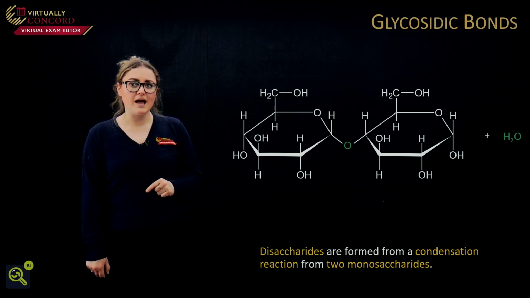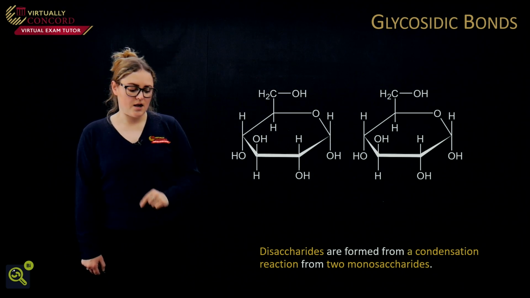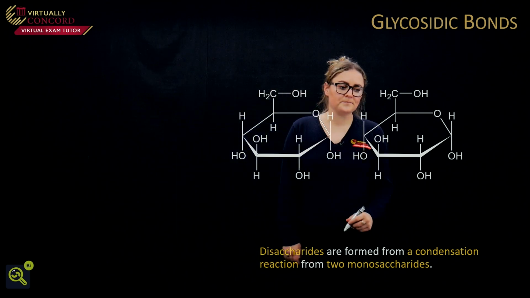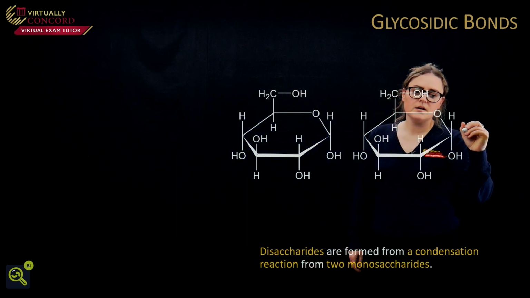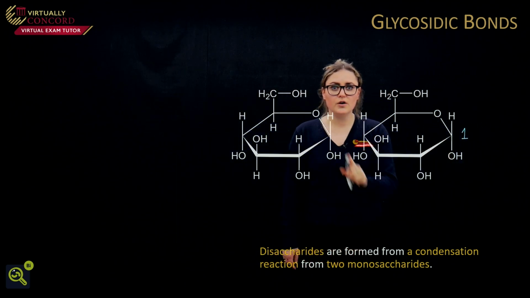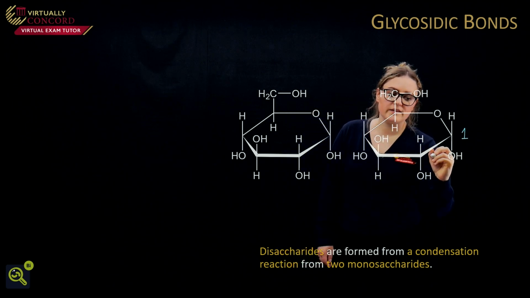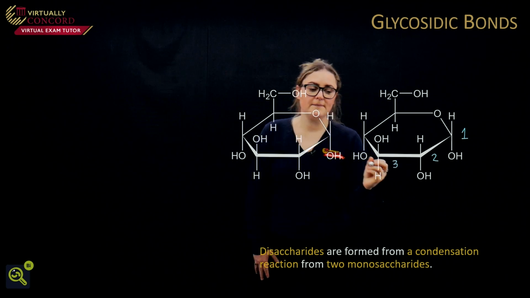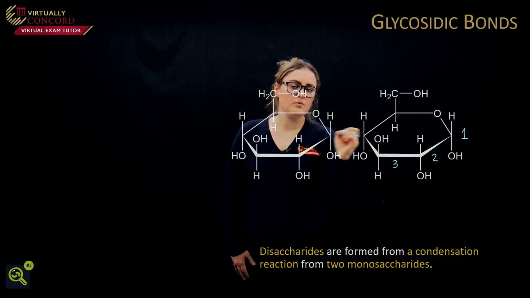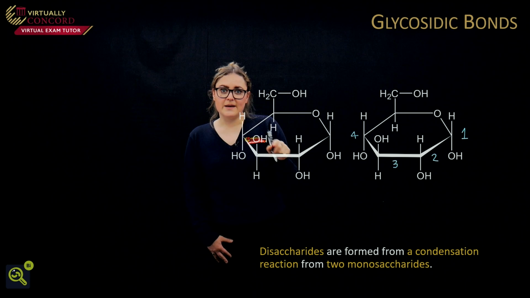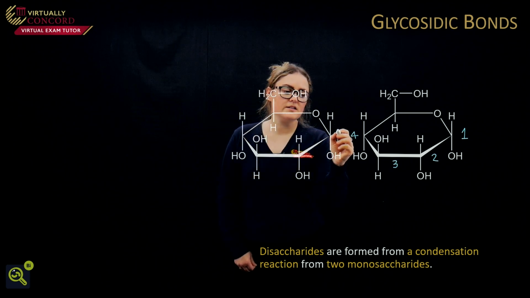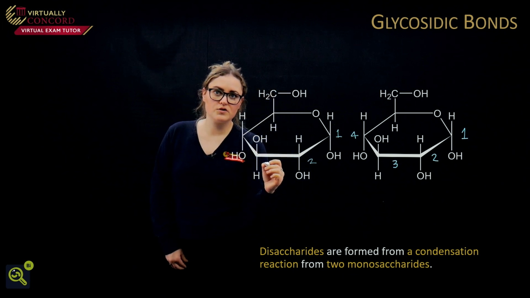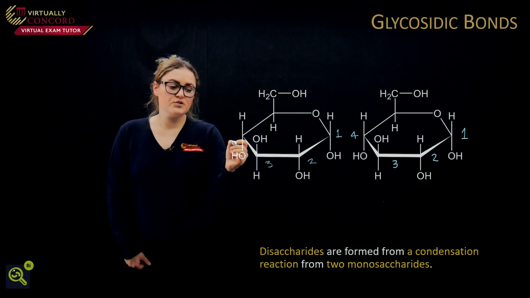So let's go back and have a look at how we can number our carbons. We start all the way over here. We're going to number this carbon number 1, and we follow all the way around, numbering this carbon number 2. This one is going to be number 3, and then when we get up here, we can number this one number 4. We do the same on this side, so we're going to number this one number 1. This one down here can be number 2, all the way across to number 3,